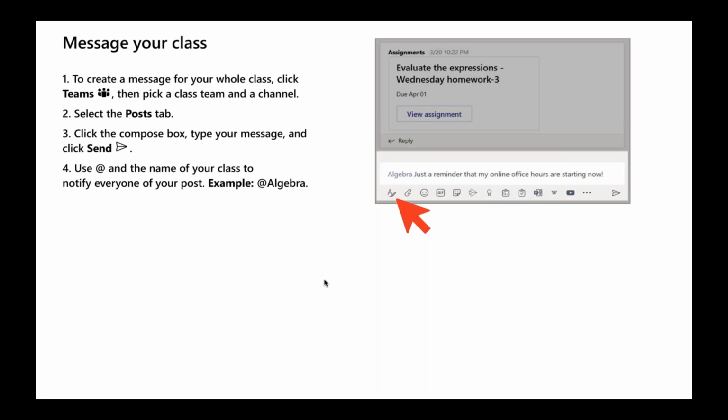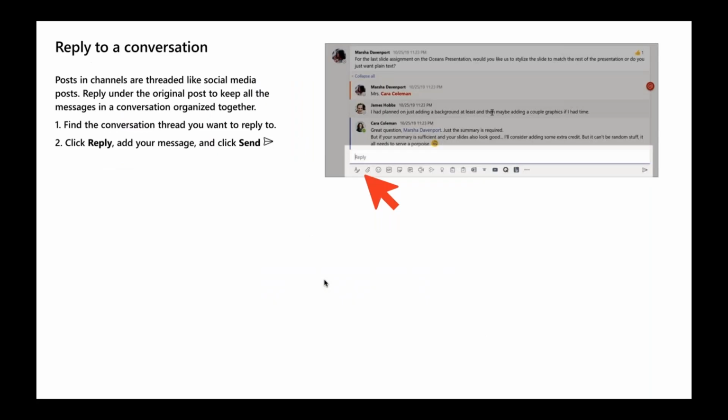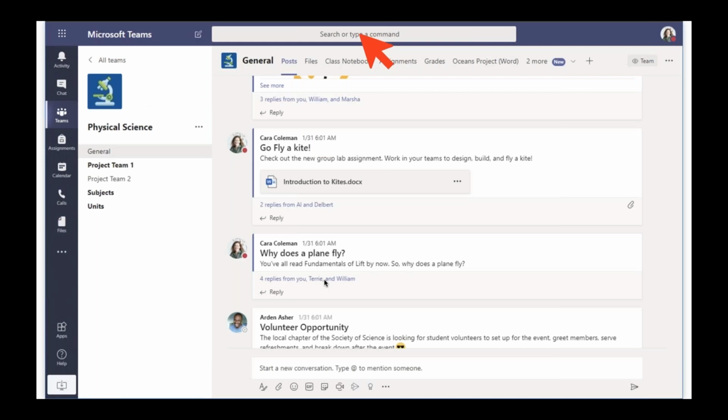If we go back to the menu, and on the left hand side we can also click on chat or the new message icon at the top here, and this is how you could start a conversation or reply to a conversation. We could also use the search bar at the top to search for keywords to look back on anything within the team, including maybe some chat that we've had with a colleague or with one of our pupils.